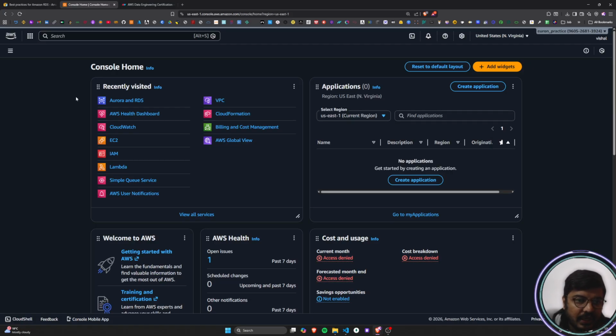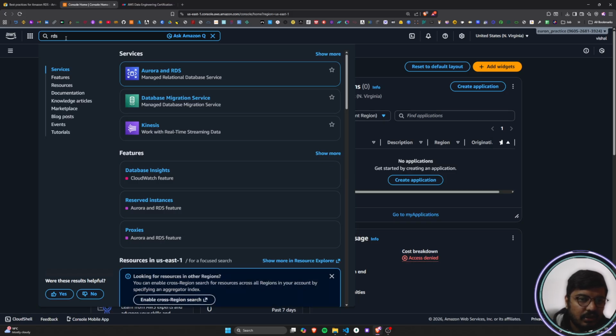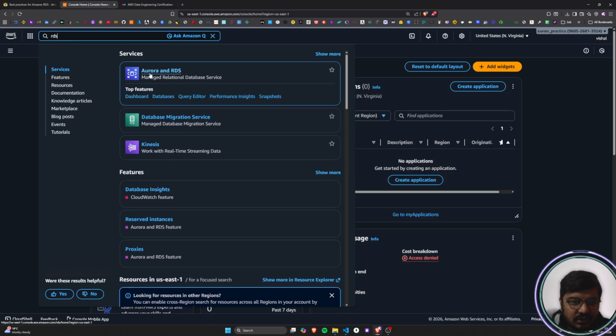Right after signing into your AWS console, if you are following this whole playlist, for sure you will be seeing this Aurora and RDS service in your recently visited, because we have already talked about Aurora and RDS a lot in this playlist. Else, if you are not getting the RDS and Aurora option in your recently visited, you can just search for RDS in the top search bar, and the first service that you will see will be Aurora and RDS. That is the managed relational database service, and you can click on this particular service